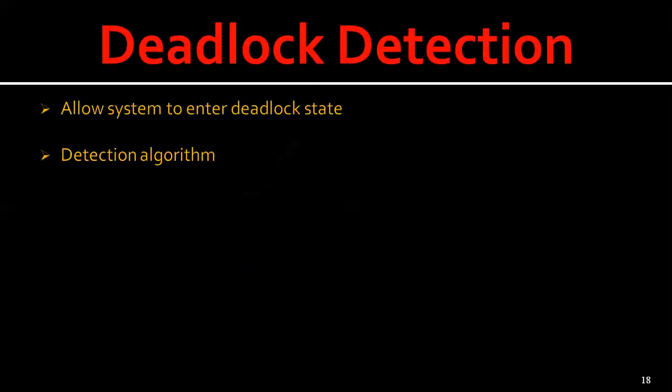Now, let us see what deadlock detection is. To deal with the deadlock situation, the system has to employ either a deadlock prevention or deadlock avoidance algorithm. Otherwise, we use an algorithm that examines the state of the system to determine whether a deadlock has occurred, and then an algorithm to recover from the deadlock. Here we consider single instances of each resource type.